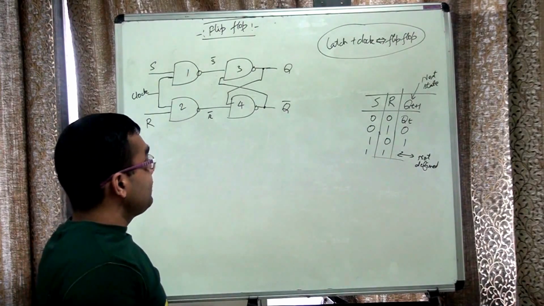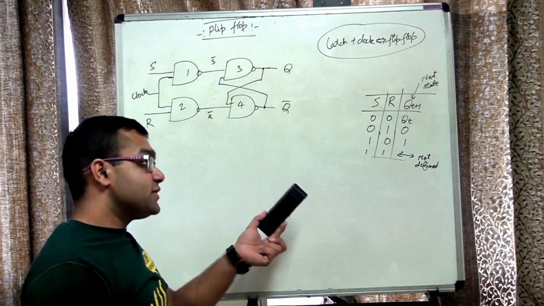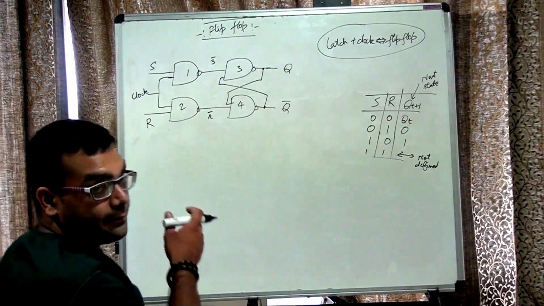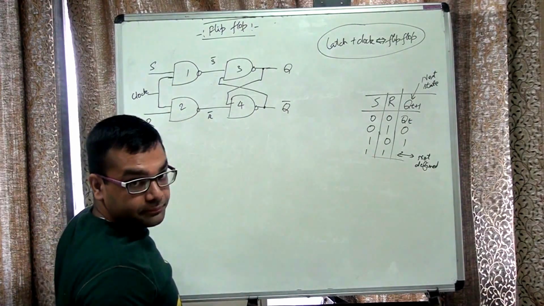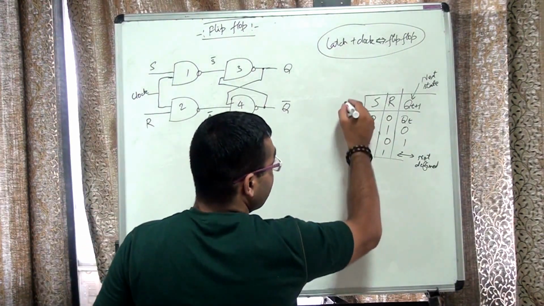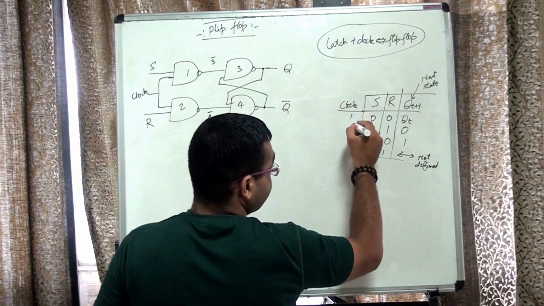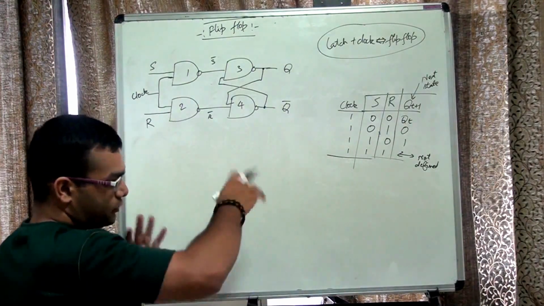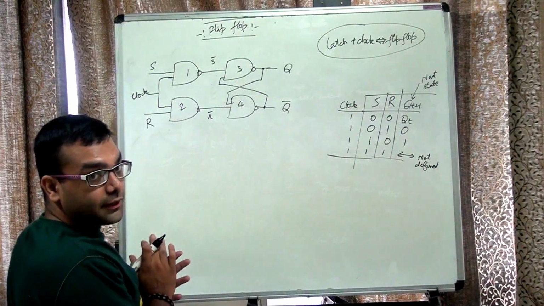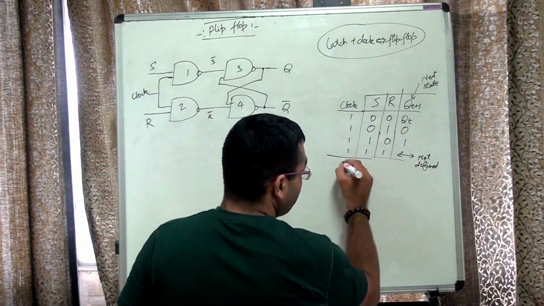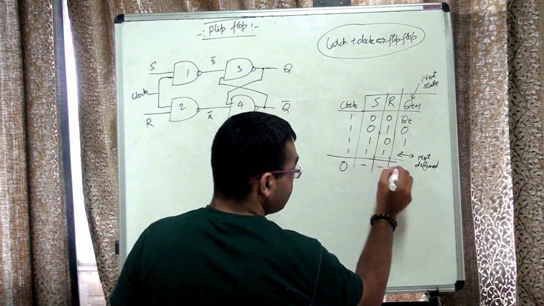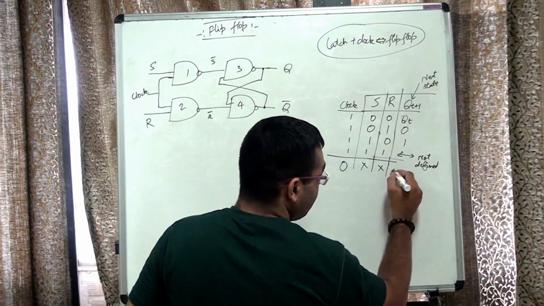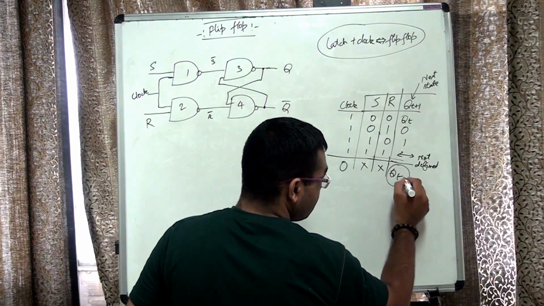Now we can see that this circuit behaves in exactly the same way according to this truth table. But that happens only if the value of clock is 1, because everywhere over here the value of clock has to be 1. Right now we are considering clock as 1. We will come to the other variants of the circuit also. If the value of clock goes 0, whatever the values of S and R, I can put don't cares over here, so that my previous state is retained, or I can say there is no change.